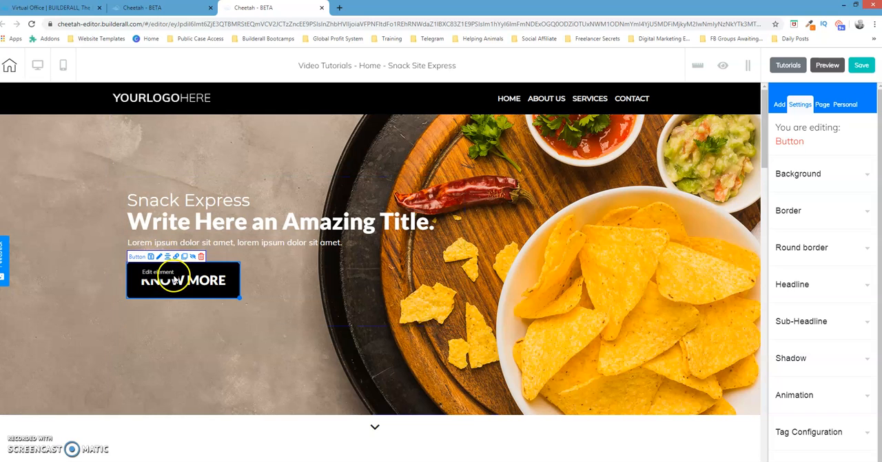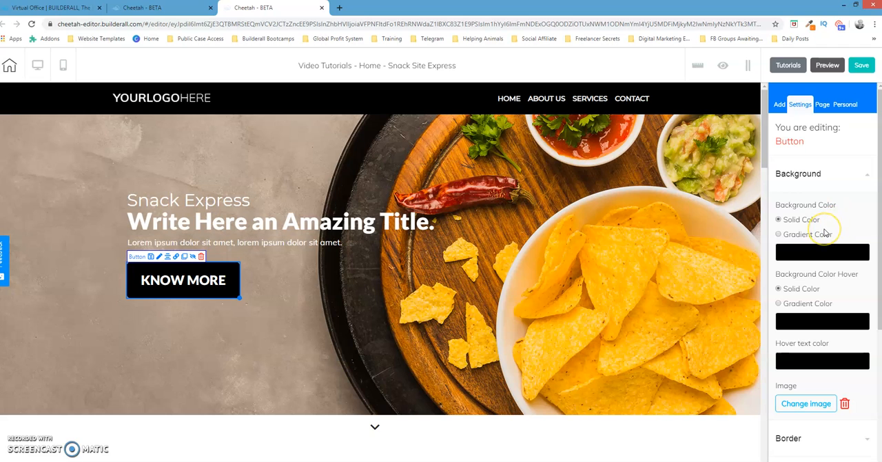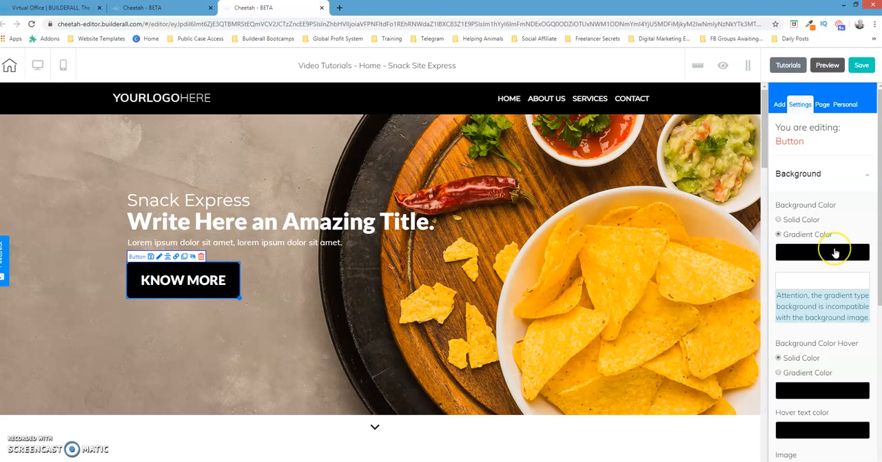If you click on it, settings should come up here on the right hand side, or if you click on this little pencil icon and click Edit, the same thing will come up. Once you do that, you click on Background, and you have this option that has background color. Right now it's set to black, a solid color, as you can see by the solid color radio button selected. Now if we want a gradient color, we click on Gradient,